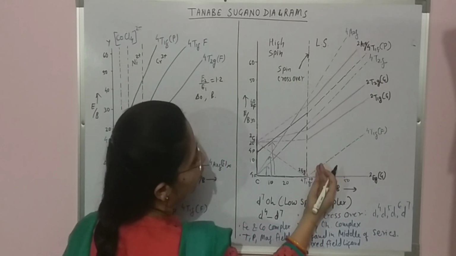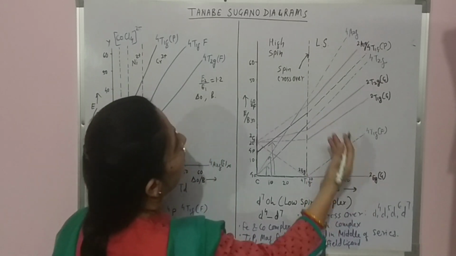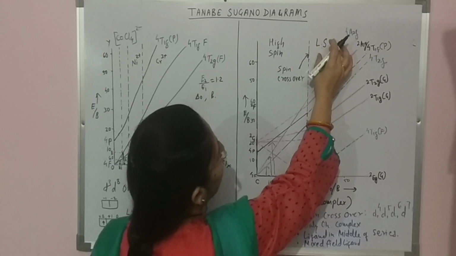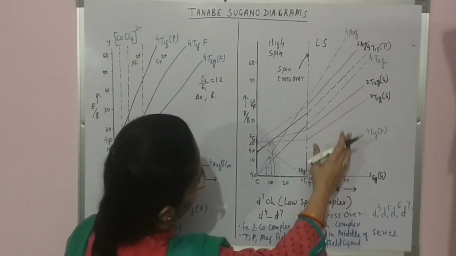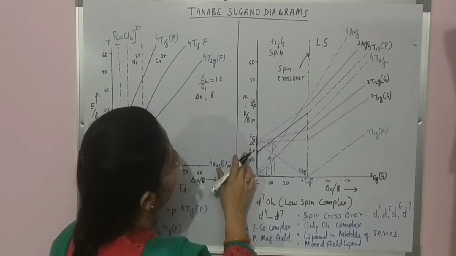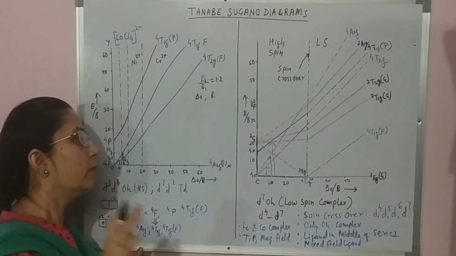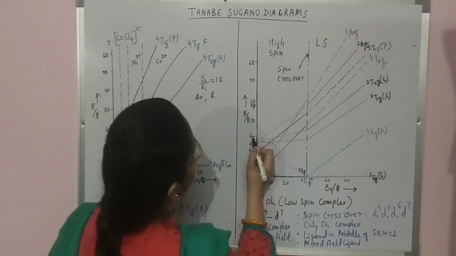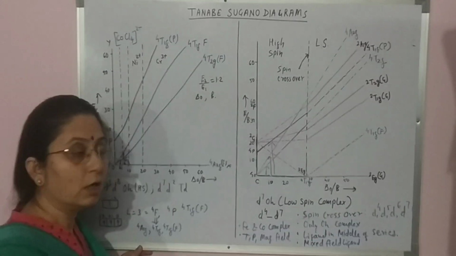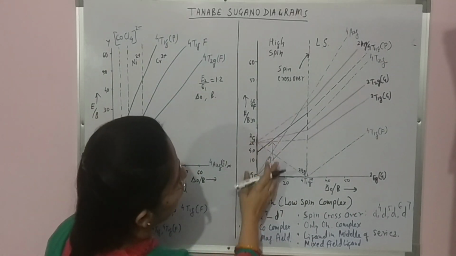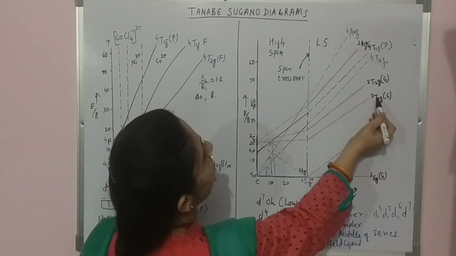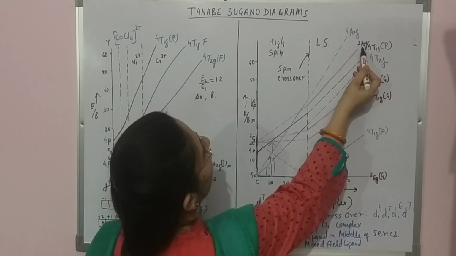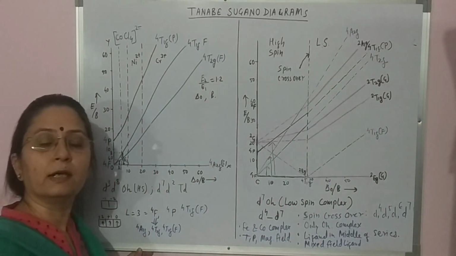then if the ligand is more powerful, we will find the spin crossover and we will find the low spin type of complexes. So in the case of low spin complexes, these 4F and 4P terms will not be useful. In that case, this 2G term will become important. So the 2G splits into 4 parts, that is 2Eg, 2T1g, 2T2g, and 2A1g. It has 4 excited energy terms.